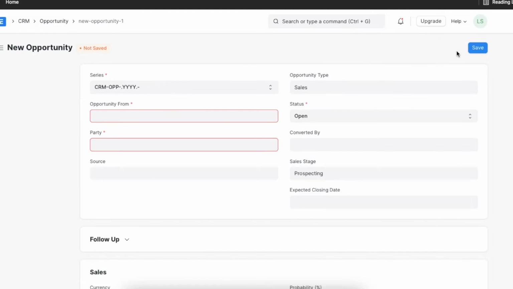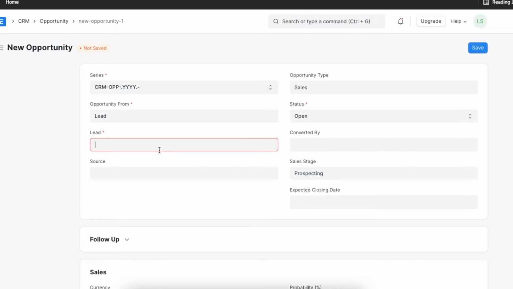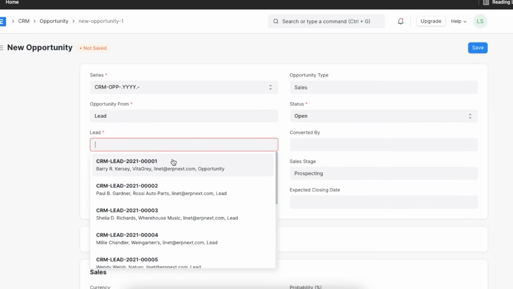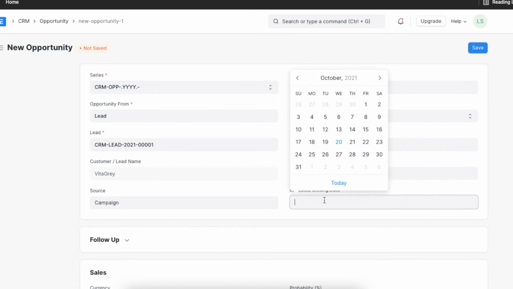Click on Add Opportunity, select Lead in the Opportunity From field if you are creating the opportunity for a lead, or select Customer if you are creating the opportunity from an existing customer. Select the right lead or customer, set values in source, opportunity type, sales stage, and the expected close date.